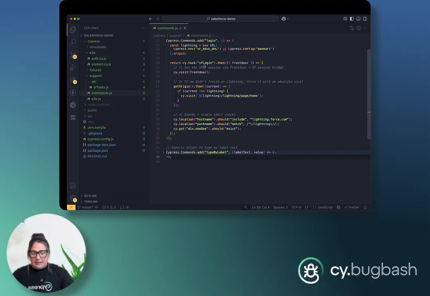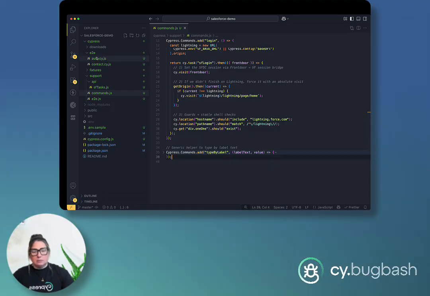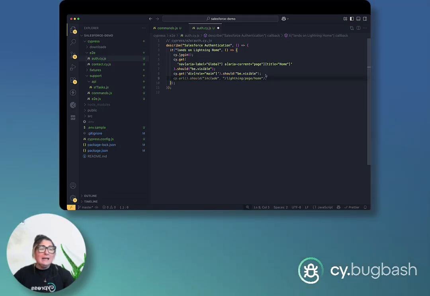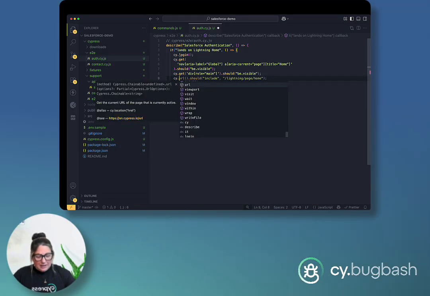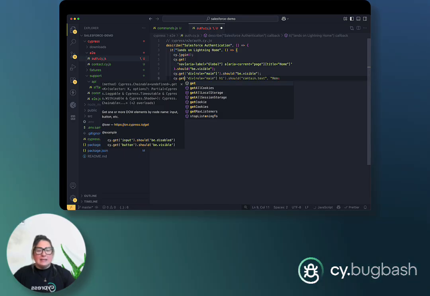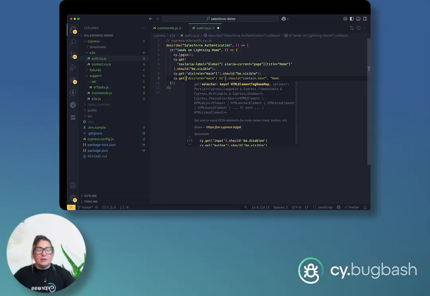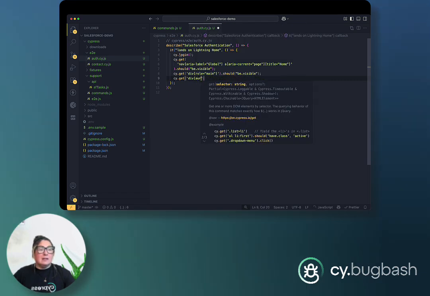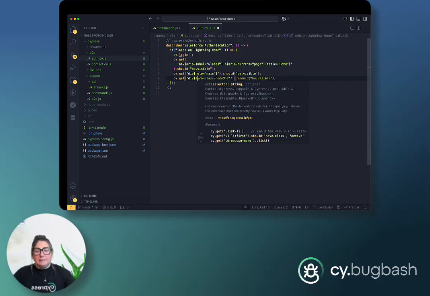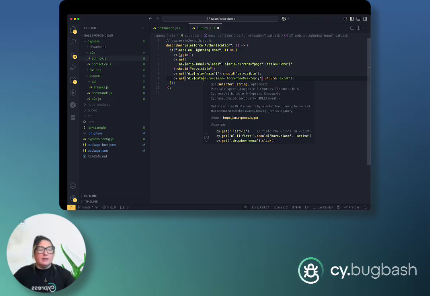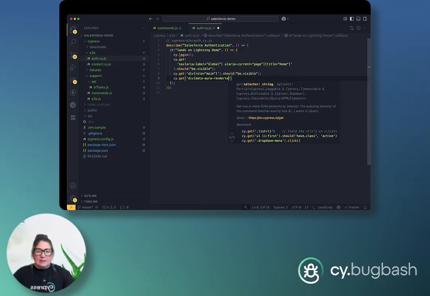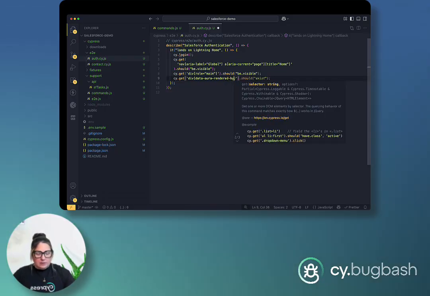We're going to say cy.get, and we are going to add in a div with the attribute data-aura-rendered-by, and the value for that is going to be